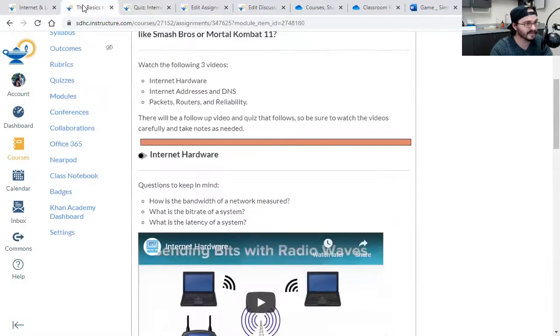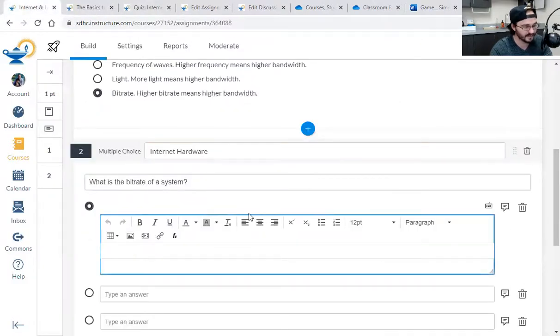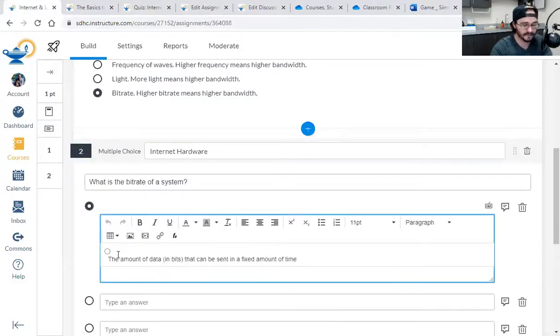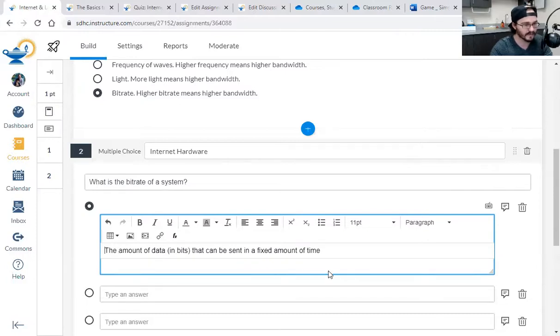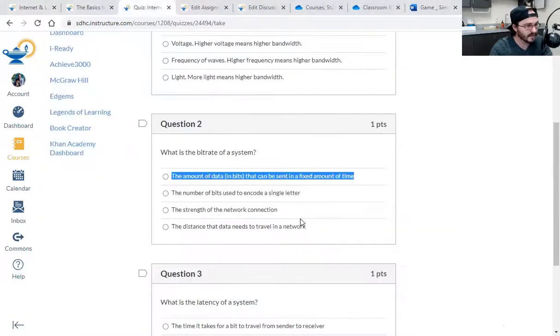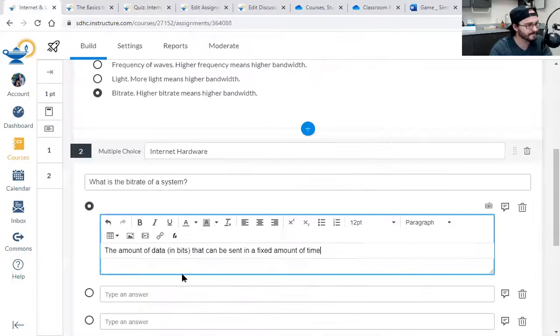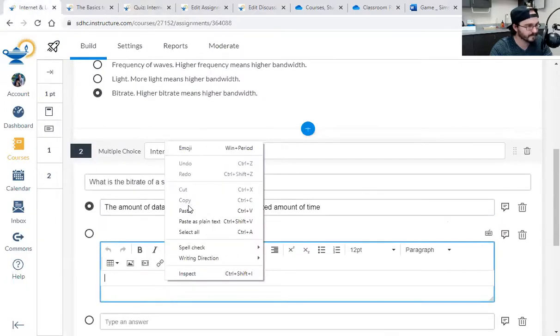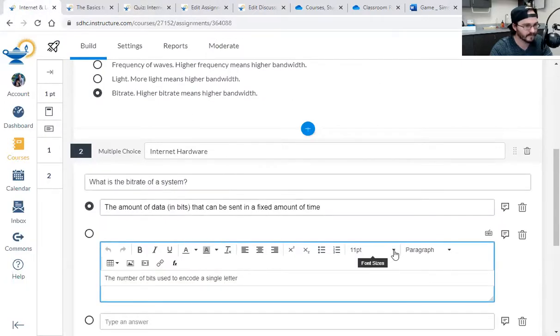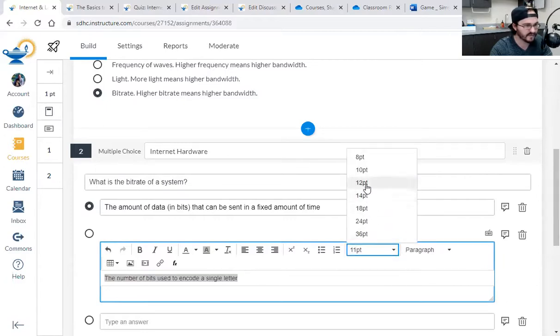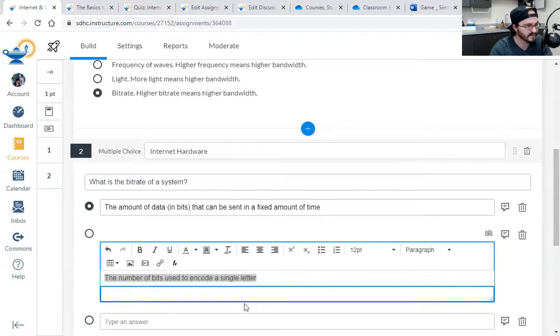This is where it gets boring. If you're watching this as a replay, I would definitely fast forward because this is boring. The number of bits. I still don't get why it goes from 11 to 12. It probably has to do with how it's copied.